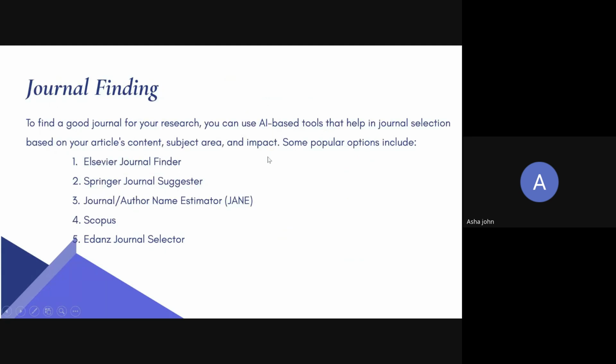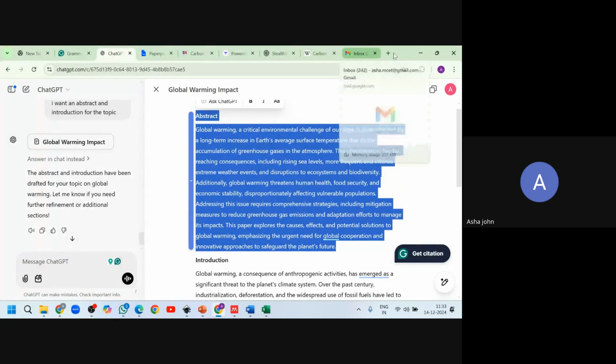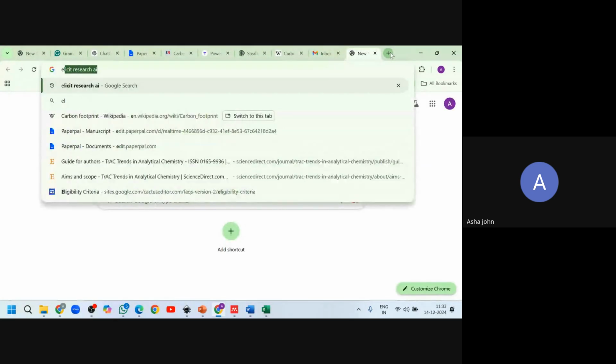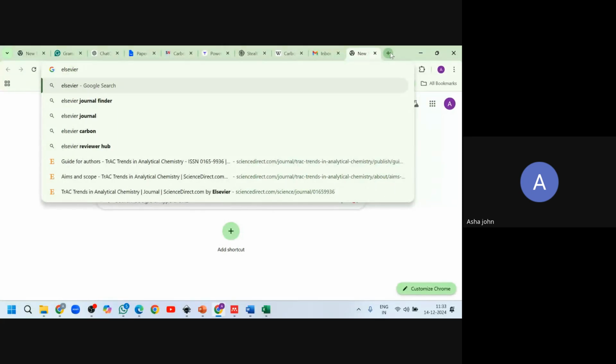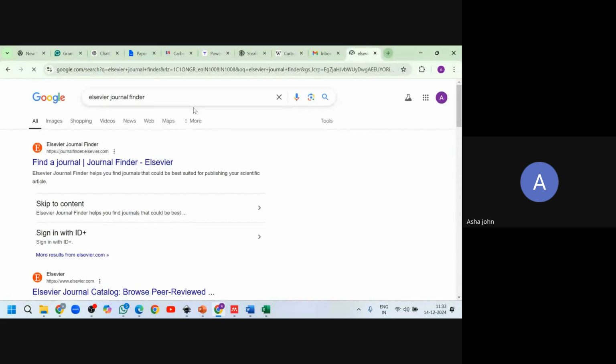Now, Journal Finder, as I said before, can have a huge amount of journal finders. You just need to go to the website and let's just go to one of the websites and see. You're searching Elsevier Journal Finder.